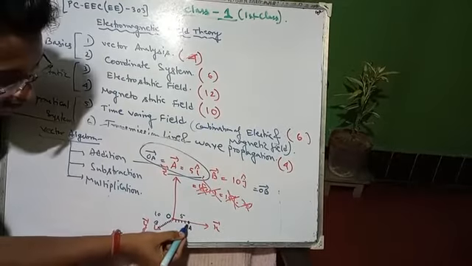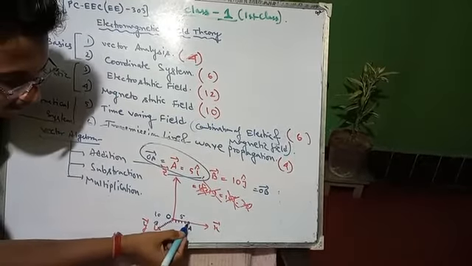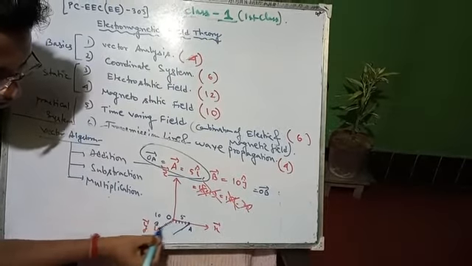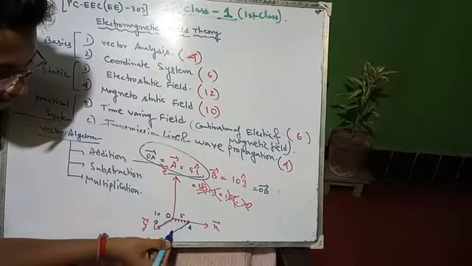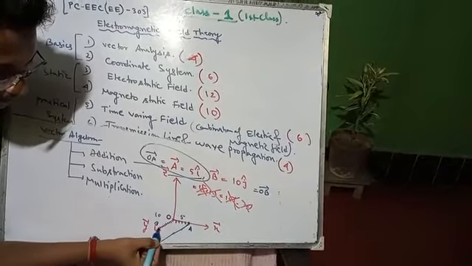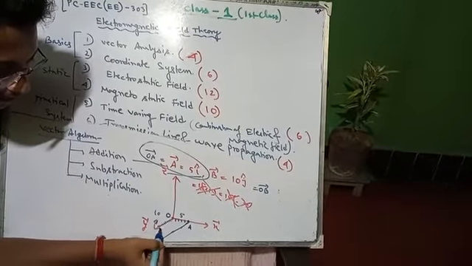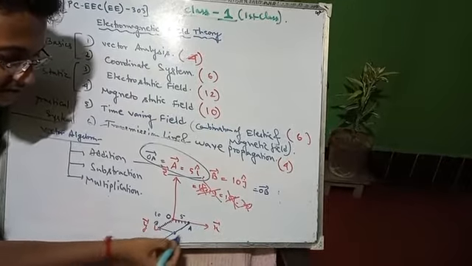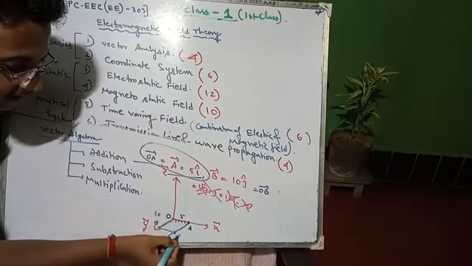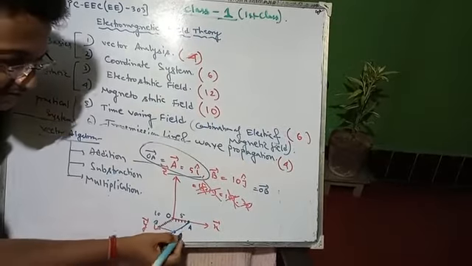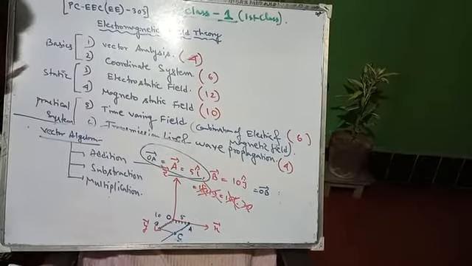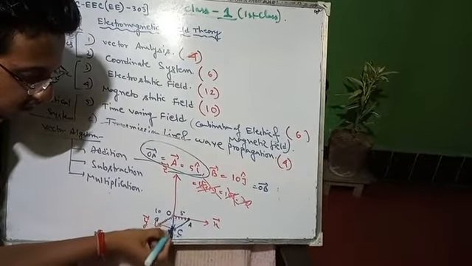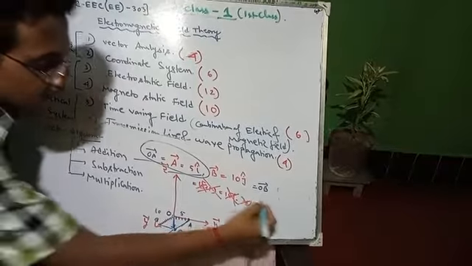If we consider a parallelogram, how do we form it? Suppose we have to draw a parallel line with Y, and then from here we have to draw a parallel line to A. So this is the connection point, right? Make it C. Okay, so this OC will be your OC distance.